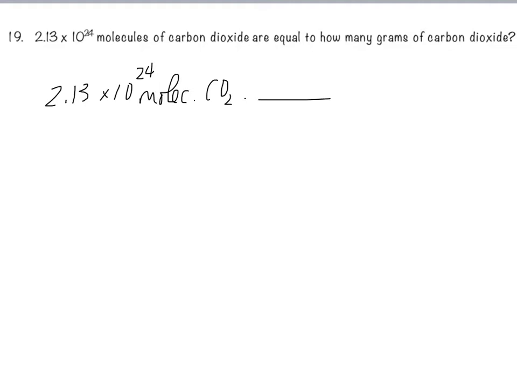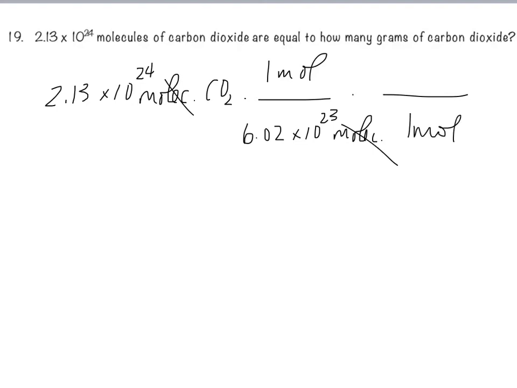Well, I can convert molecules to moles knowing that there are 6.02 times 10 to the 23rd, Avogadro's number, molecules in 1 mole. Molecules cancel. I now know moles. Once I know moles, that's easy because I know the mass of 1 mole. 1 mole of carbon dioxide is going to be 44.01 grams. That's simply 1 carbon, 2 oxygens when you add them up. Moles cancel. I take 2.13 times 10 to the 24th times 44.01 divided by 6.02 times 10 to the 23rd,